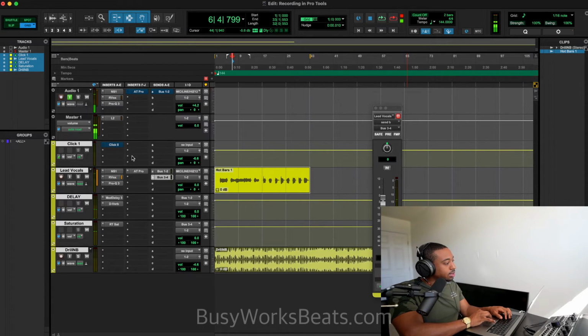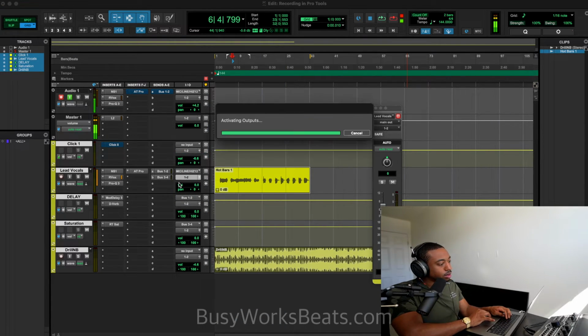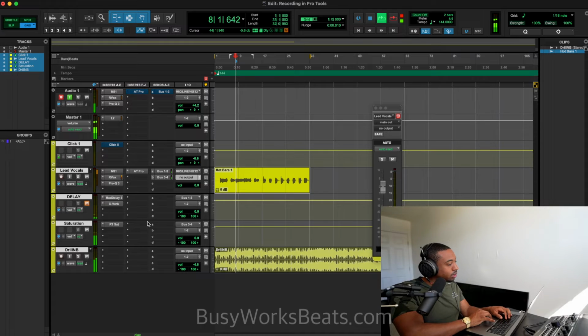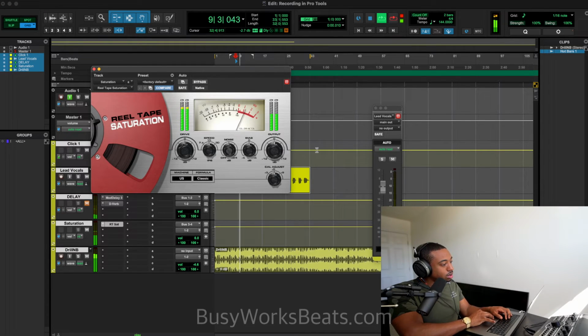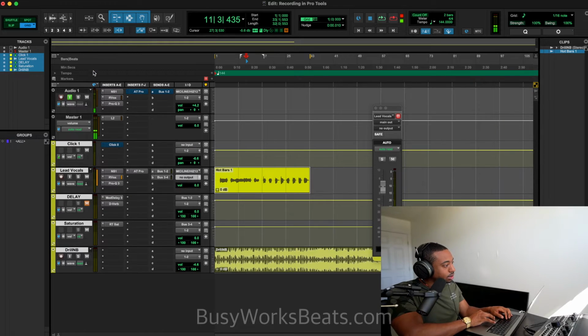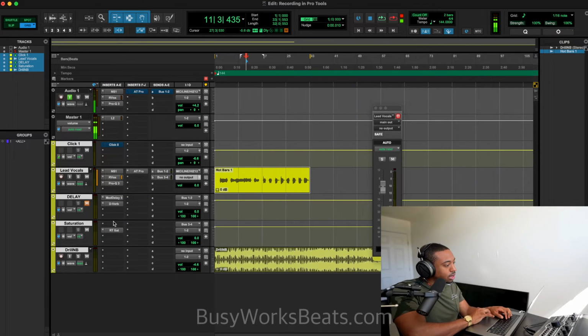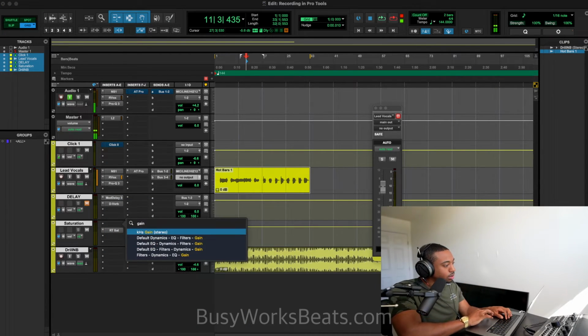So what I'll do so you guys can hear it is turn off the output of the vocal so that you only hear the sent vocal to the saturators and the delay and reverb. Actually, let's mute the delay and reverb. So now all you hear is this tape plugin. So I don't think enough signal is being driven to this tape for it to actually sound edgy. So what I'm going to do is add, I don't know if they have a gain plugin or maybe we'll just do an EQ. We just need a simple volume.